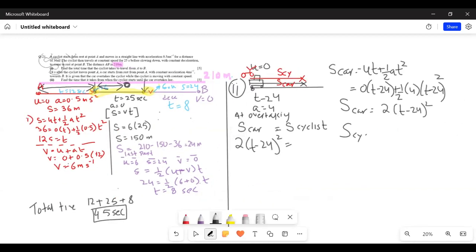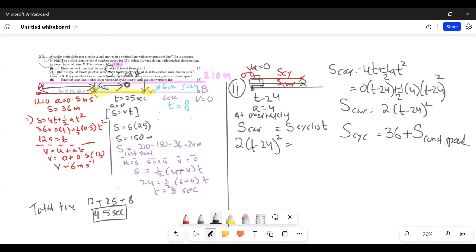The distance covered by the cyclist is going to be first the initial 36 kilometers and then some distance in this part. Let's call it the distance in the constant speed region. So plus the distance in the constant speed region. By this, I mean the distance in the yellow region. 36 plus the distance in the yellow region. So the distance in the yellow region would be,